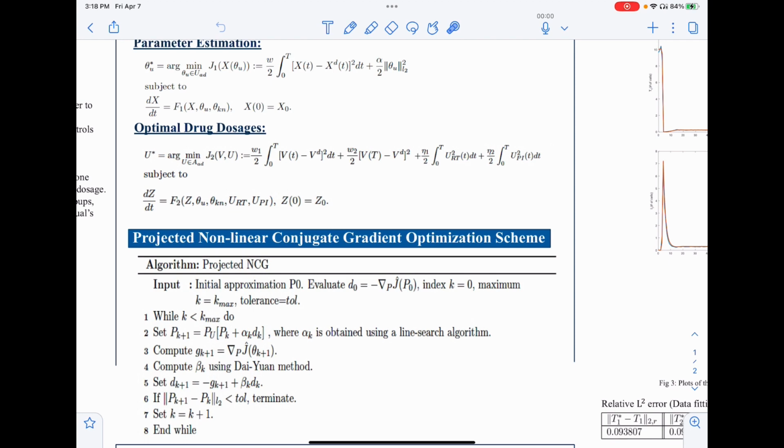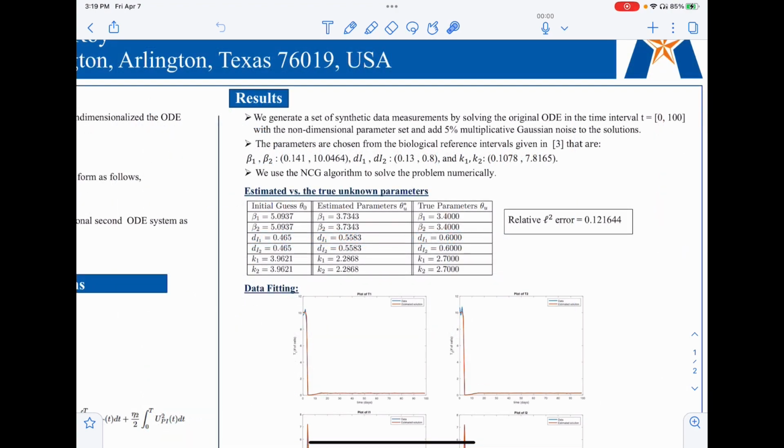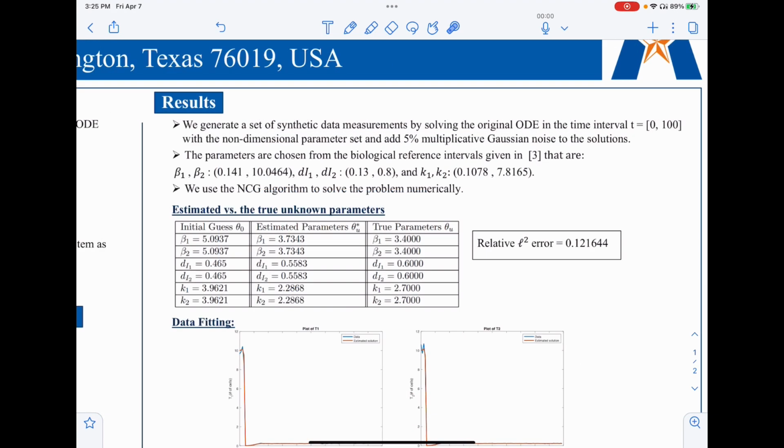We solved our problems numerically using the projected nonlinear conjugate gradient optimization scheme, which is a generalization of the conjugate gradient method. In order to obtain the solution, we generate a set of synthetic data measurements by solving the original ODE. Starting the algorithm with the initial guess vector theta naught, given in the first column, we obtain the estimated parameters vector theta u star, given in the second column, which is very close to the true parameters vector theta u, given in the third column, with relative L2 square error equal to